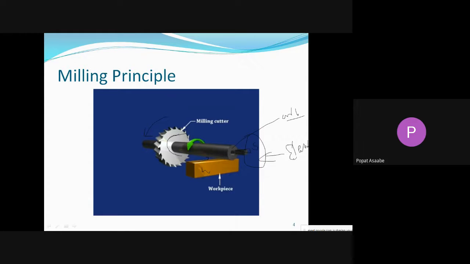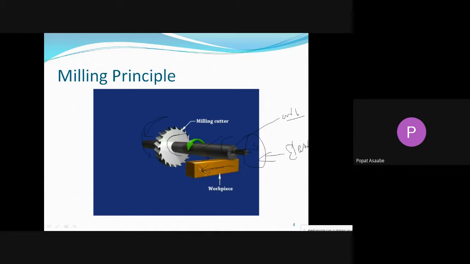Once we give the supply to that electrical motor, the spindle starts to rotate, and we know that inside that spindle the arbor is fitted. Along with the spindle the arbor also starts to rotate, and this rotary motion of the arbor is given to the milling cutter, which also starts to rotate along with the arbor. We are going to feed the workpiece in this direction. Suppose it is rotating in this direction; during that, feed is given.